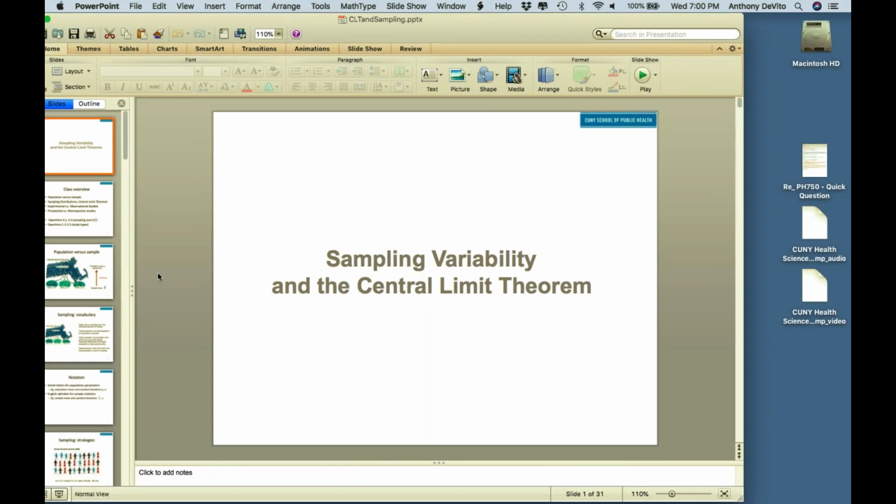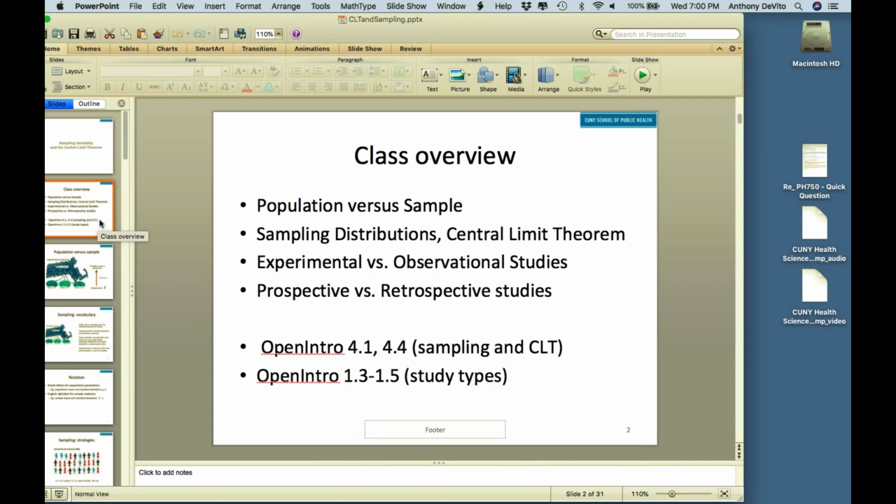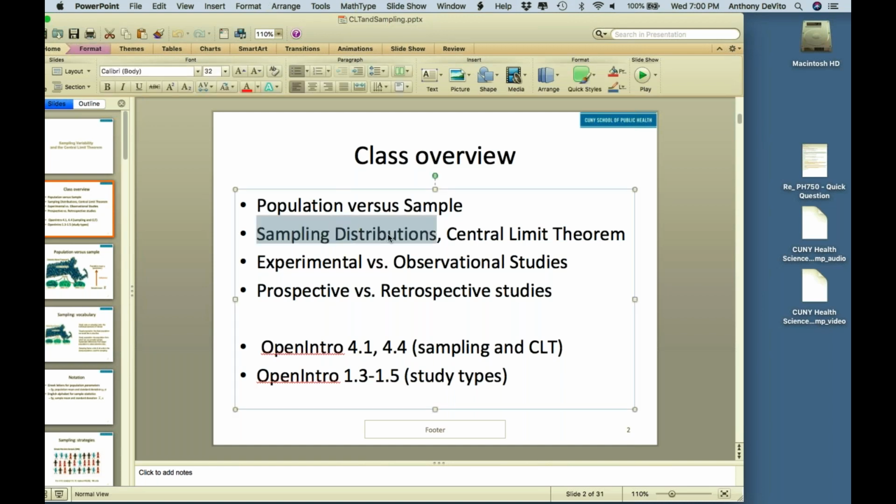Okay, so this is what we're looking at. Variability of samples. What we're doing here, again, is looking at what populations look like, how they're distributed, versus how samples are distributed when you take repeated samples. So we're going to be looking at sample distributions. That's when you take a sample from a population, find the average for that sample, and then repeat it over and over again, and put together a new distribution, which is only sample means.